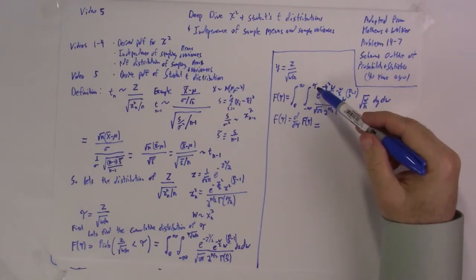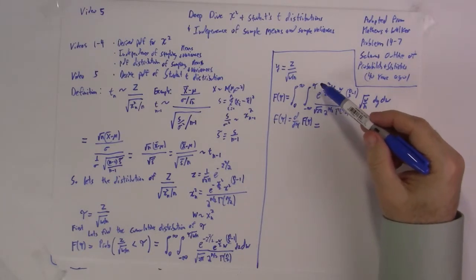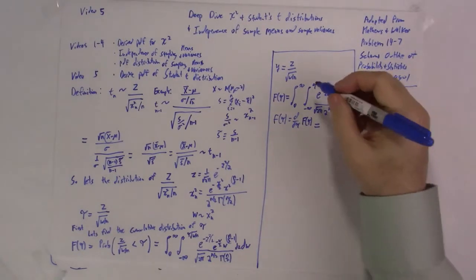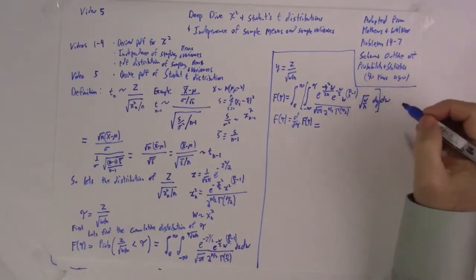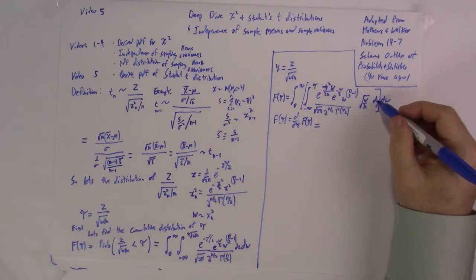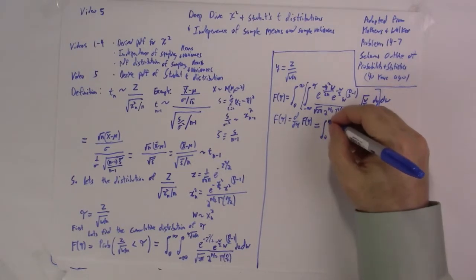When you take a derivative of an integral with a limit like that, wherever y is, we substitute tau for y. So this is just equal to the integral from 0 to infinity